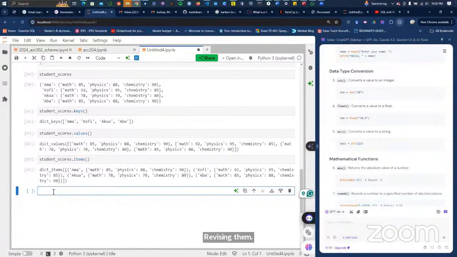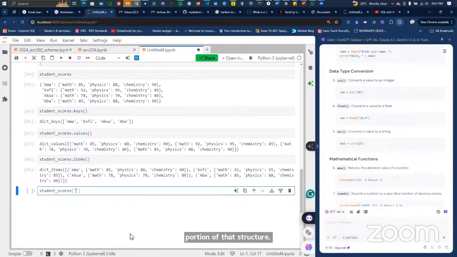What we can also do, just for revision, is use the keys to access values and modify values. For example, when we were doing the Abba entry, we intentionally left some of the values wrong. So let's now set them right. When I do student_scores with square brackets, this is an accessor notation, which means I'm accessing some portion of that data structure.